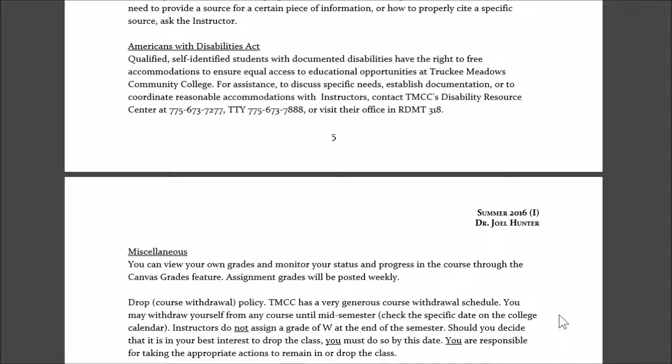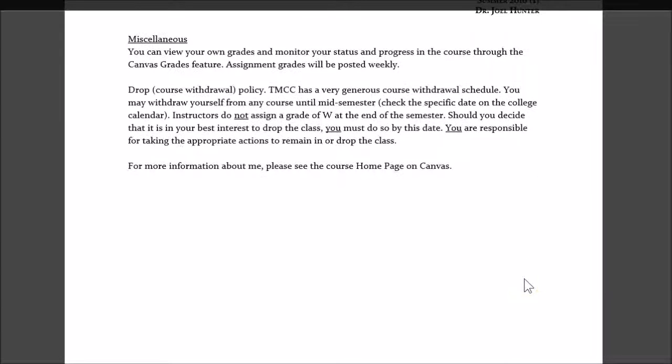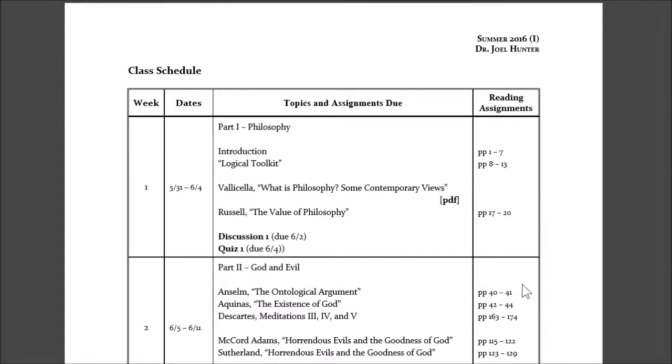so that your accommodations can be satisfied. And then let's see if there's anything else. Nothing else that we need to go over there. So last thing I want to cover, and this is the important part, is the class schedule. What am I saying? This is the important part. It's all important, of course, but this is the part now that we can spend a little time on